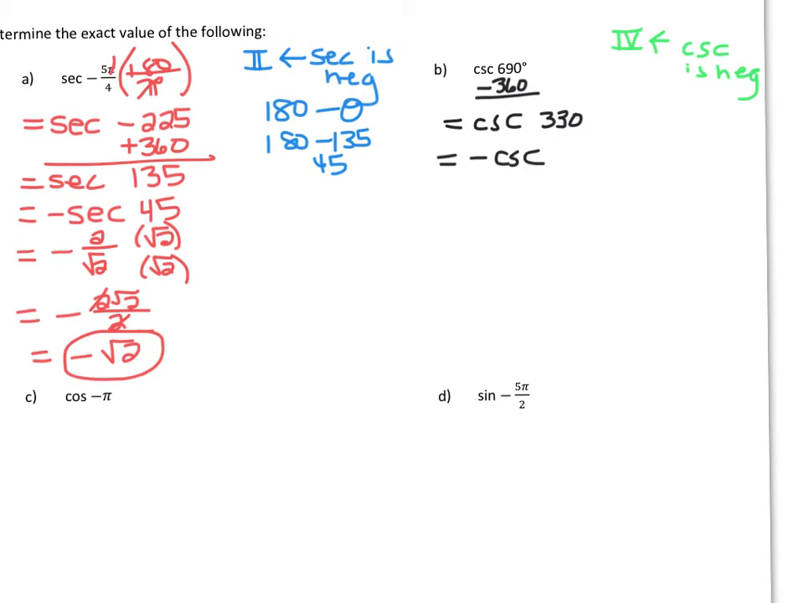And please be sure to put the negative in front of the trig function. It's the trig function that's negative. Some of you were putting it in front of the angle. We don't want to create a negative angle. Okay, so now we have to figure out, since we're in the fourth quadrant, what